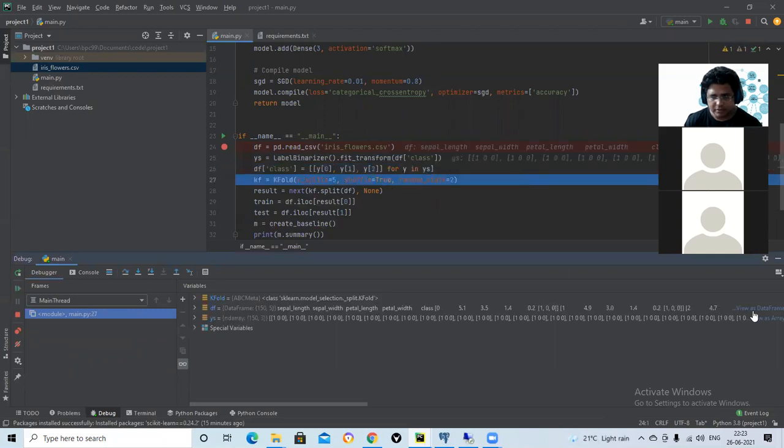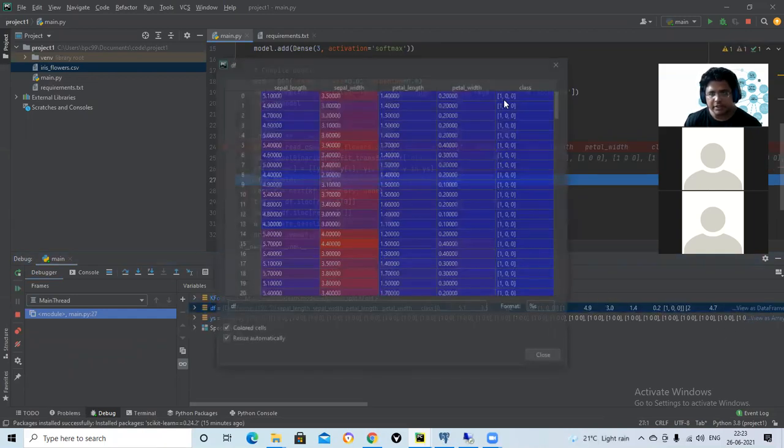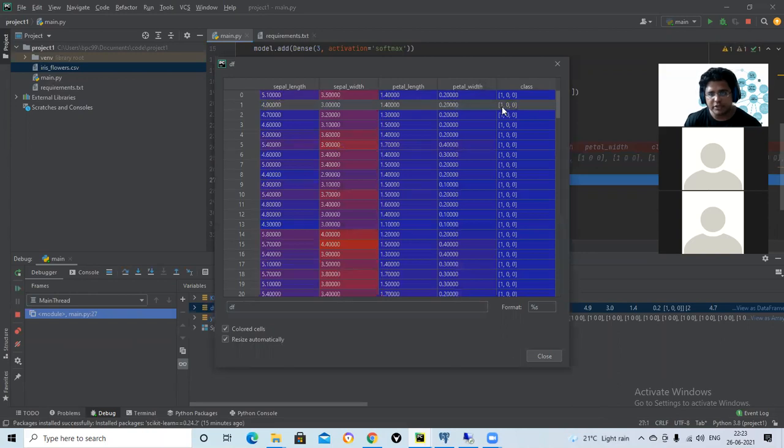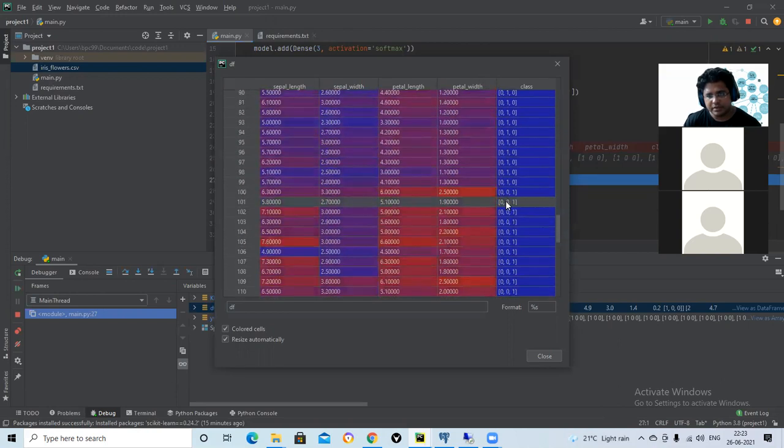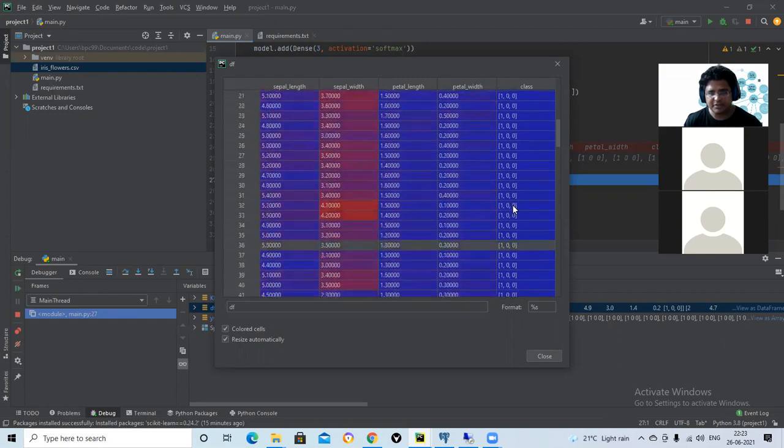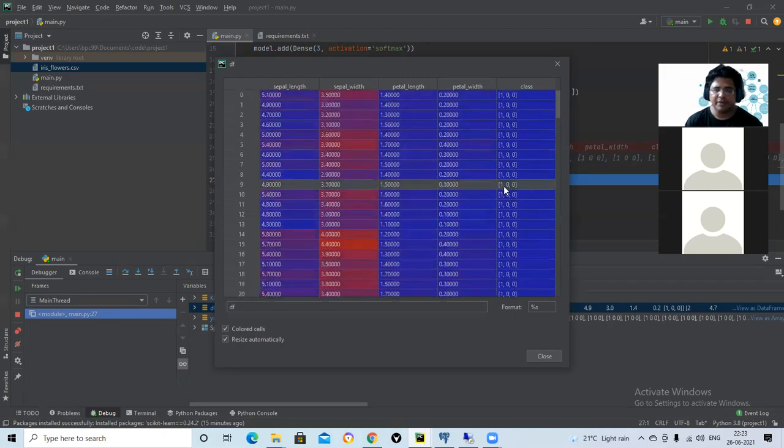So if you see now df, you see the class is 100, then 010, then 001. Okay, so we have successfully converted the string into a one hot encoded format.